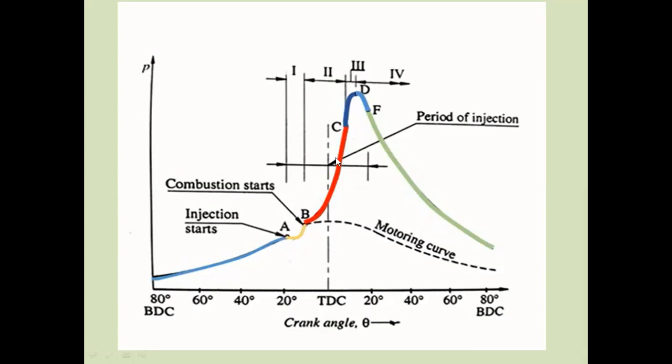After that, the process from B to C is uncontrolled combustion. At this stage the injector injects the fuel, and the fuel droplets penetrate the high temperature, high pressure air. The red line shows that in this period combustion starts at many places, so it is the uncontrolled combustion period in the CI engine. The next stage is where the pressure gradually increases, and that period is known as controlled combustion. Next, from D to F is the after burning period, that is the expansion period.